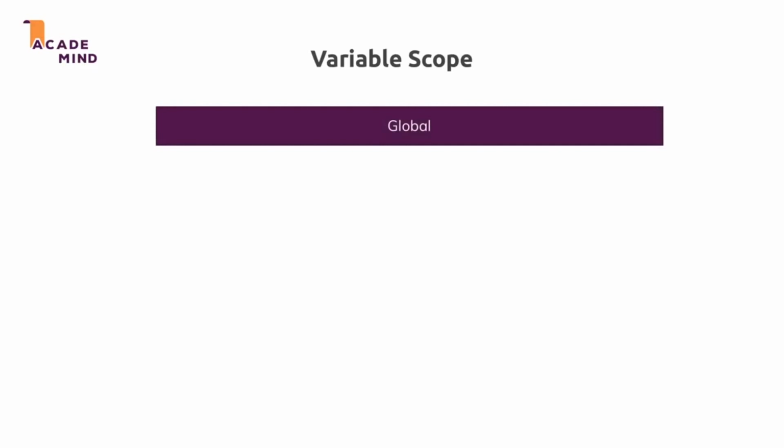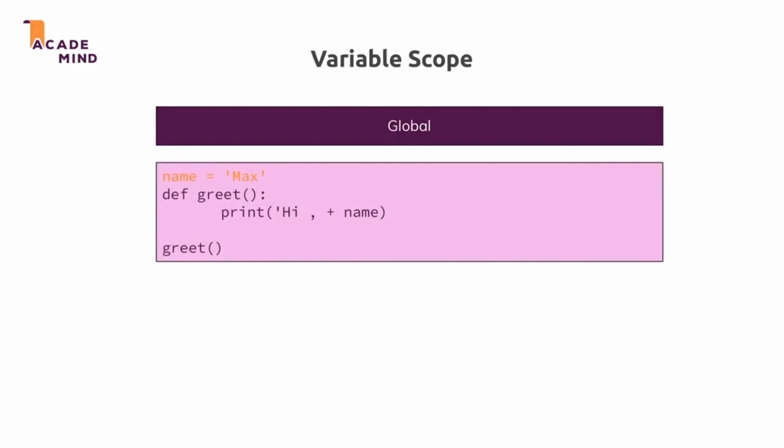We got global and local scope. Now what's global scope? If we define a variable directly in our file, so on the root level, so to say, not inside a function, like here, then we can use that variable anywhere in that file. We can use it in the read function, and we could also use it outside of there.